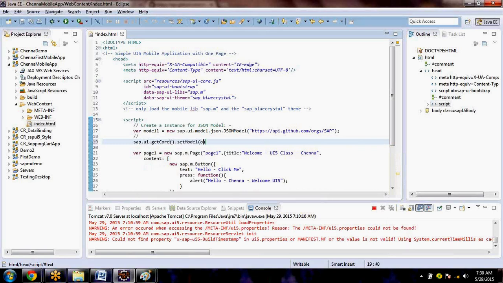So what is the model name? This is the JSON model, right? You can give some name. These are the names only. JSONModel1. I'm just giving 1 so that you will feel that it is our variable. Variable names also have some standards.